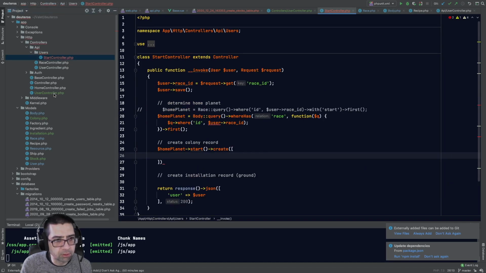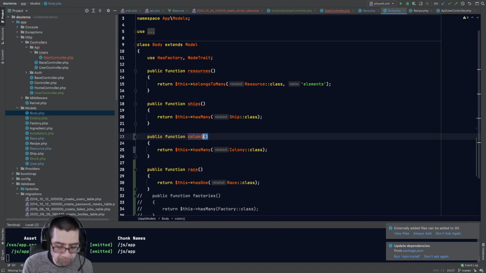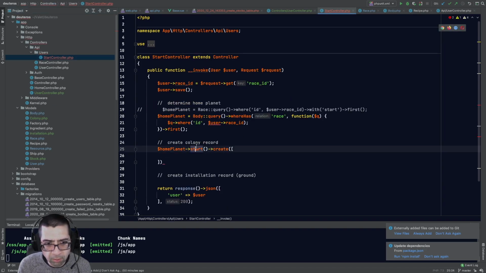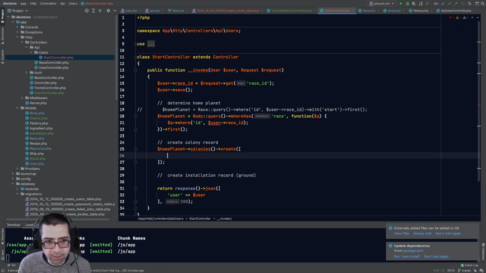No, it's not start at all, is it? What is it? Home planet colony. Should be colonies. So home planet colonies. Maybe still smiling after this. Colonies create, and then what we throw in there is,